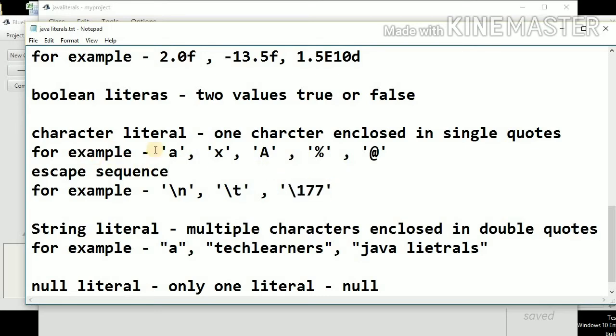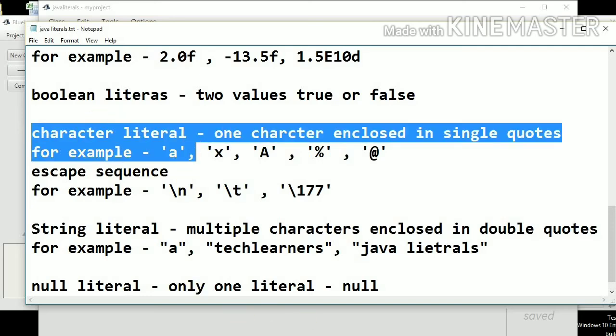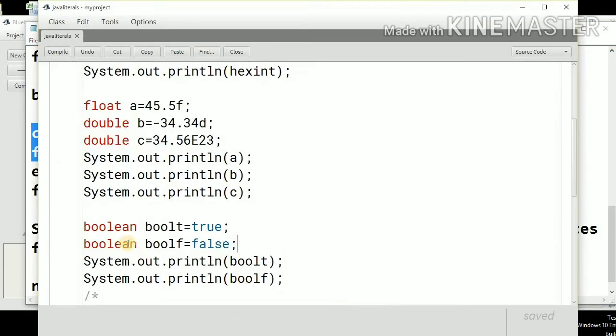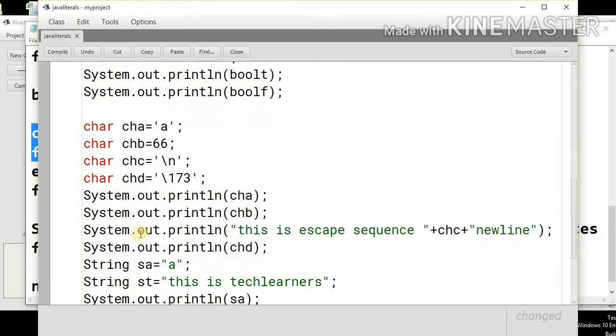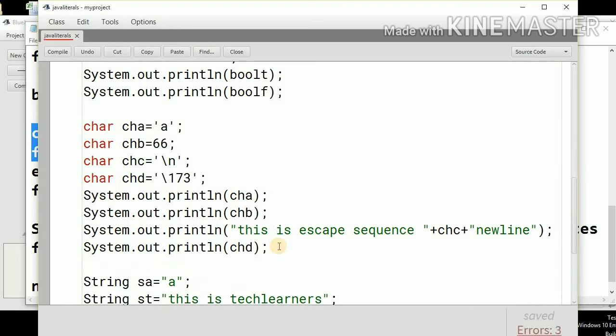Let's see examples of these character literals and escape sequences in the program. I have declared a few character variables. One is single quote A. You can write small letters or capital also. Then this is char chb.